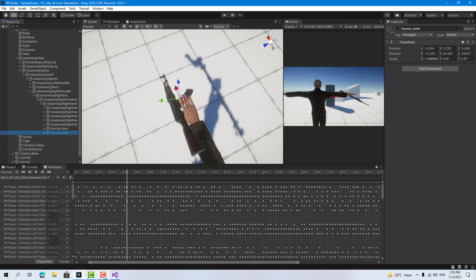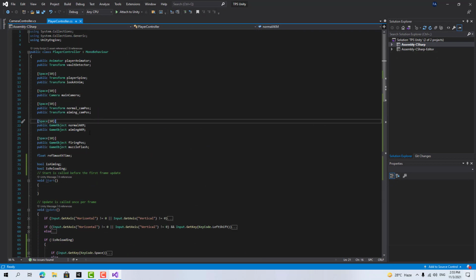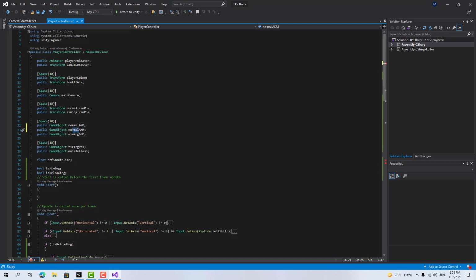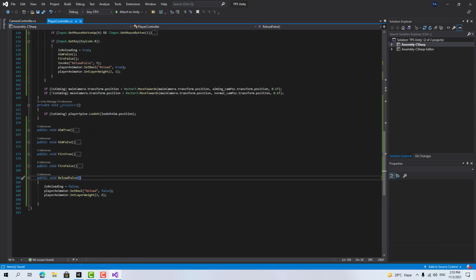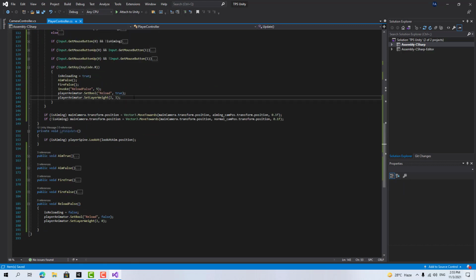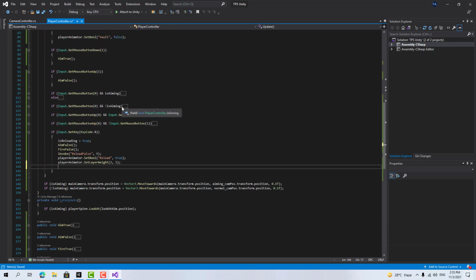So just save it and go to our Visual Studio, and we have to add here another gun which is the reload AKM or reloading AKM. So this AKM will be used when we are reloading. Okay, so wait a second, we have to go here and here we have to, when we are reloading it,